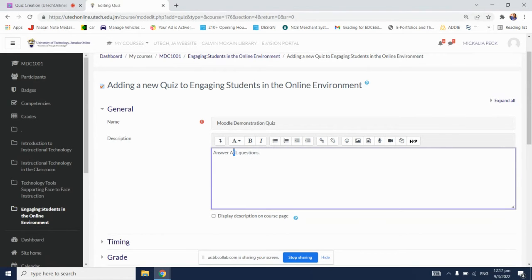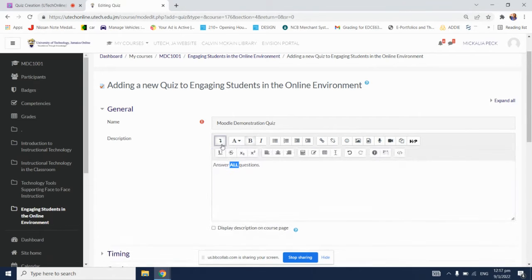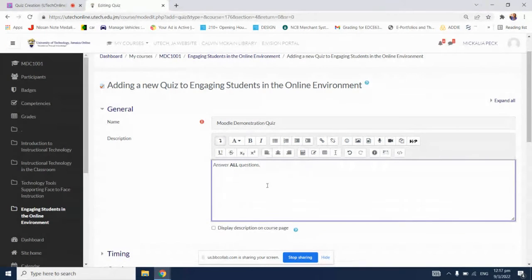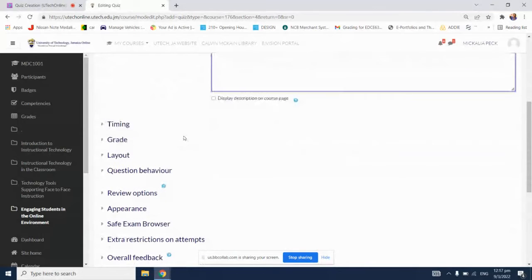Okay, and remember, the instructions do not have to be dull and boring text. Instructions could be a voice recording or any other media type that you'd want to integrate. A picture could be a part of the instructions, or it could be a video. All right, but you have several options for giving instructions to your students. Once we scroll down,